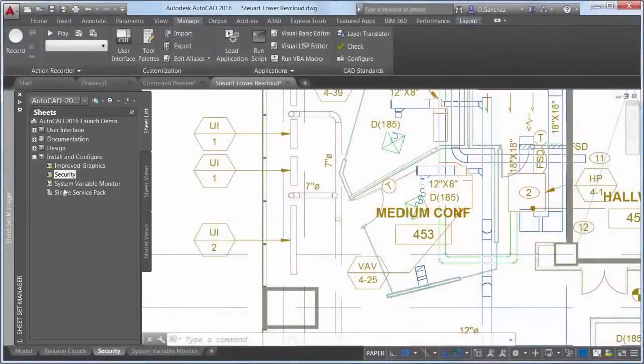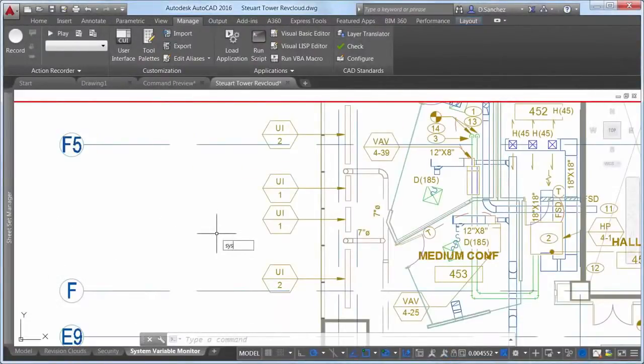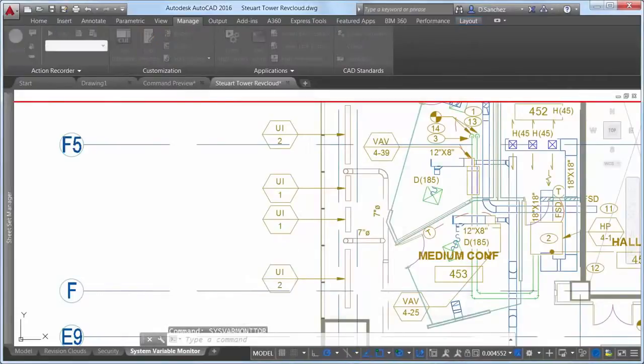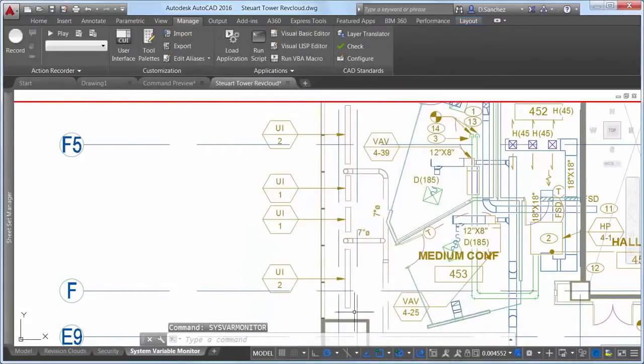The new System Variable Monitor in AutoCAD 2016 enables you to quickly identify and edit system variables that don't conform to your standards. It's pre-populated with a list of AutoCAD system variables that are often inadvertently modified. They may be accidentally changed by users or when running executable files that fail to restore the variables back to their original values. For example, maybe you downloaded a free Lisp routine that explodes blocks while converting their attribute values